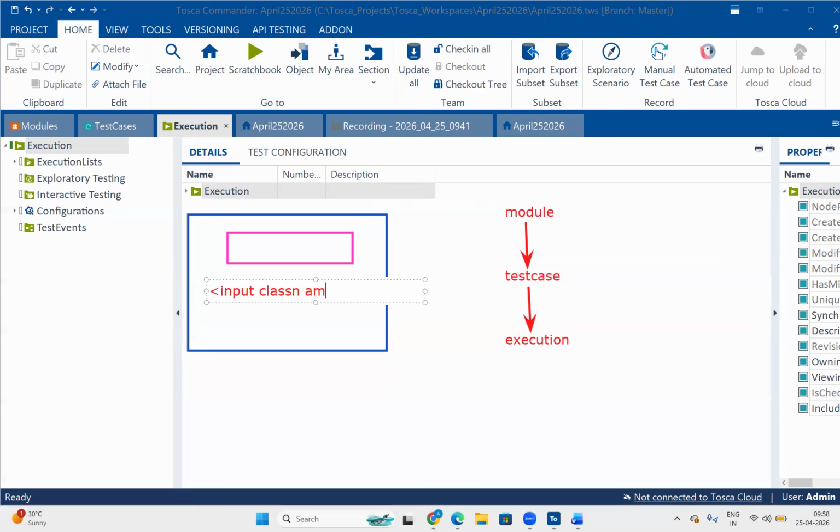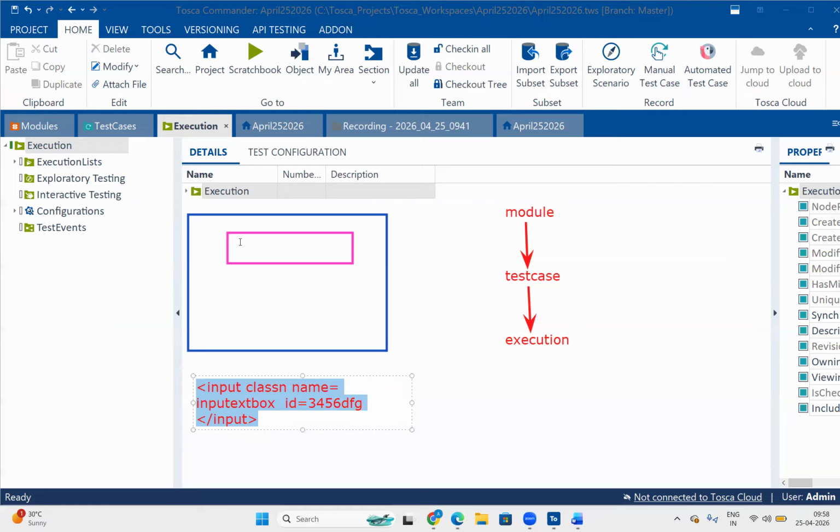They add a class name here, name it as text box or input text box, or any other name. And ID is equal to some ID combination. And finally, they close the input tag with slash input tag. This is the HTML code. To display this particular text box in the UI, the user interface, like in the screen, they write this kind of code in the backend. This is the front-end HTML code.